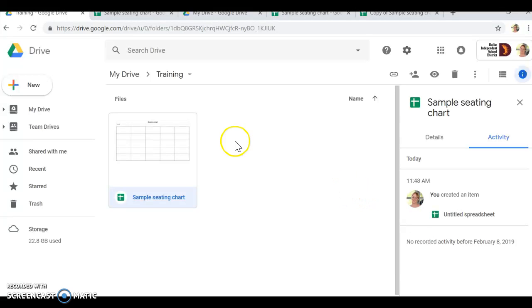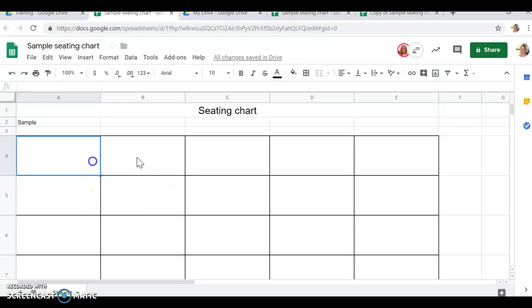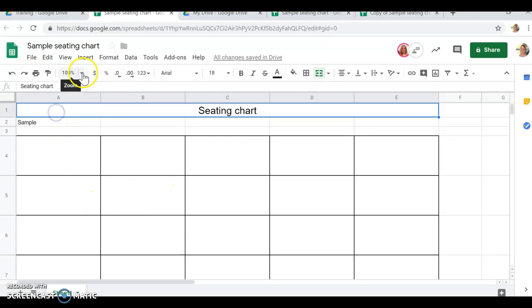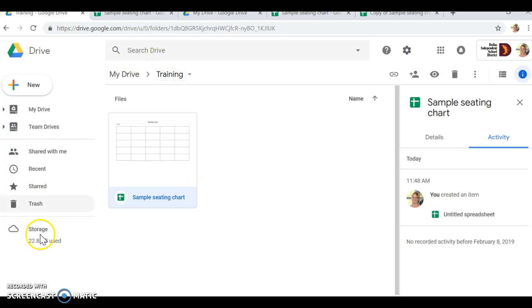If I have a seating chart in my Google Drive that I've created, this is the seating chart that I've created. It's just boxes for student names that you can type into. I'm going to send the blank one to everyone so that they can use it for their testing. So right here in this folder is where it's located inside of my Google Drive,